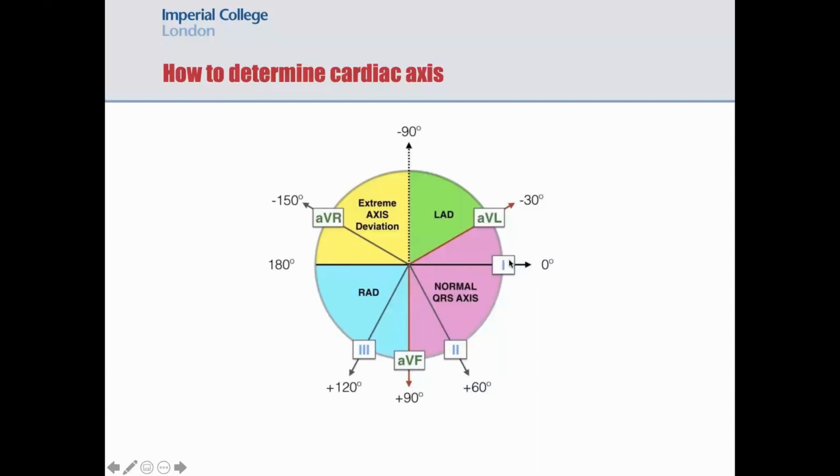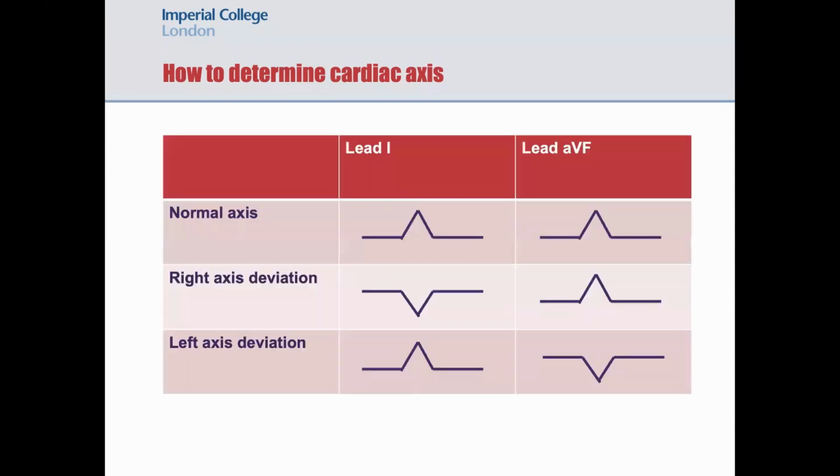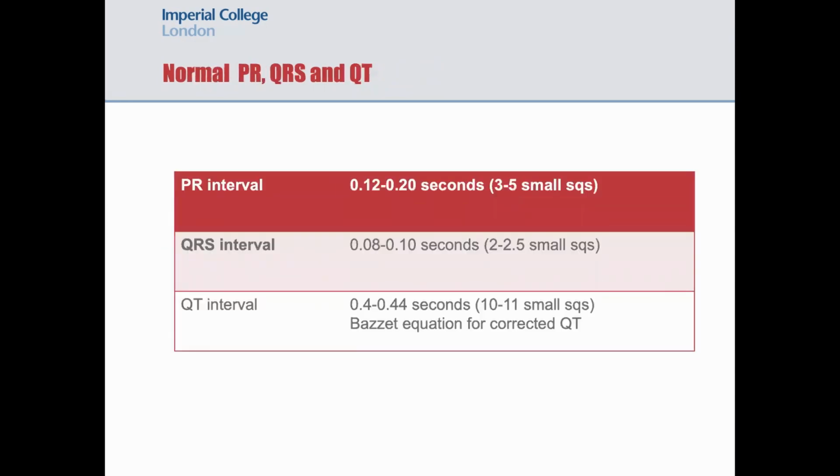If you compare it to this pie chart, the overlapping degrees is exactly overlying the normal QRS axis. So that's how it works. But if you can't be bothered to learn the actual mechanism, just remember this table, and hopefully you'll find working out the cardiac axis a lot easier. Okay, so next we go on to,